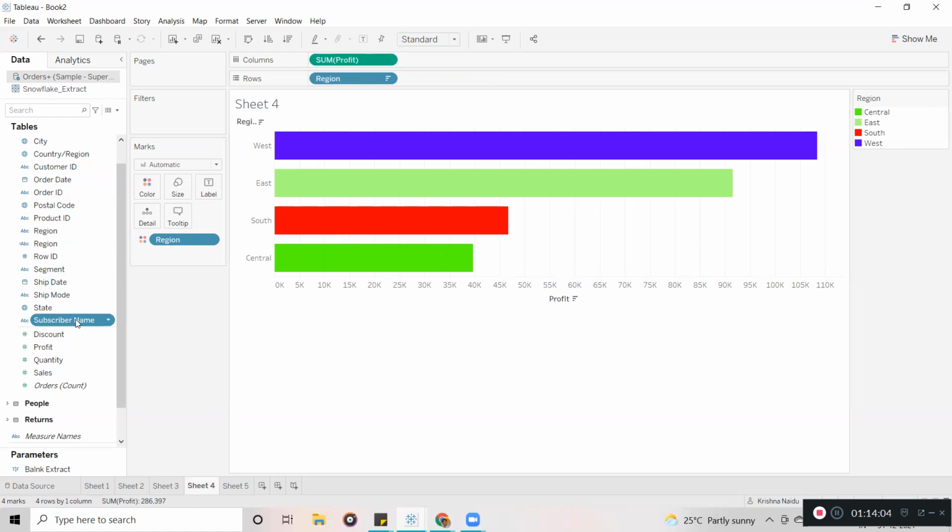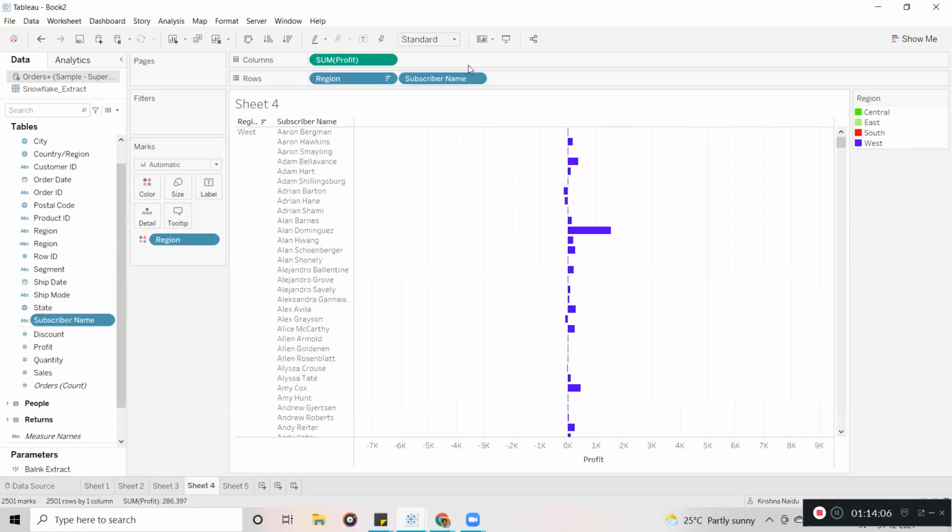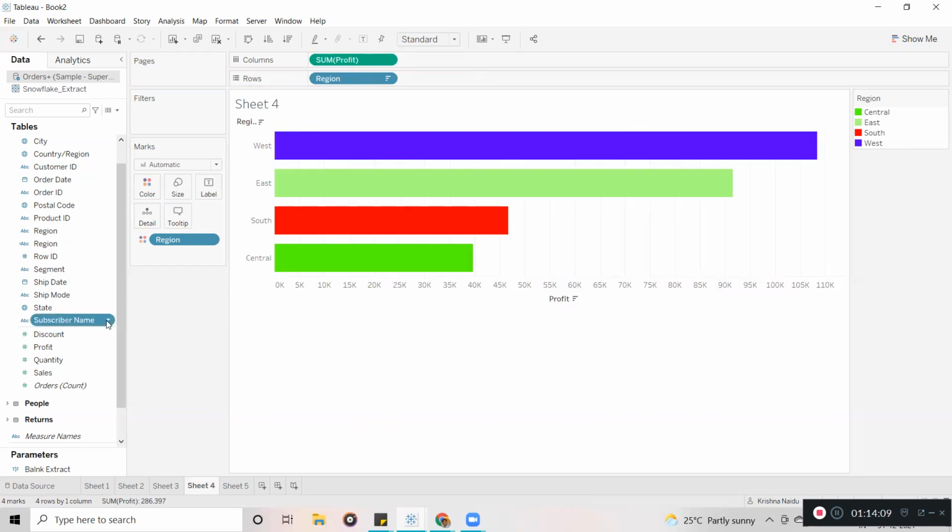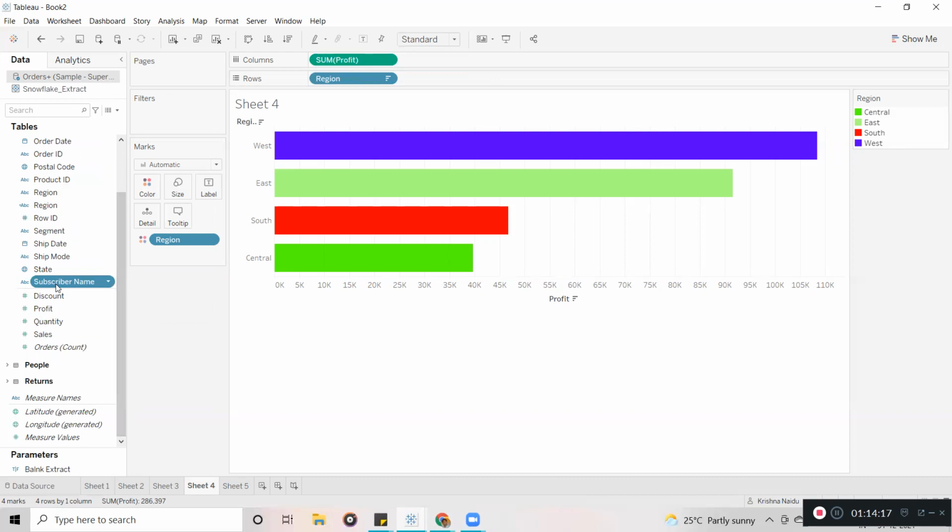Or you can directly double click. Whenever you double click, it is going to add it here. Not that, yes, here you can click on rename only. See, this way you rename it. See guys, this is the name. Whatever renamings you do here are not going to impact or update your database. In your database the names will be the same. We do the renamings from the end user perspective to make them understand.